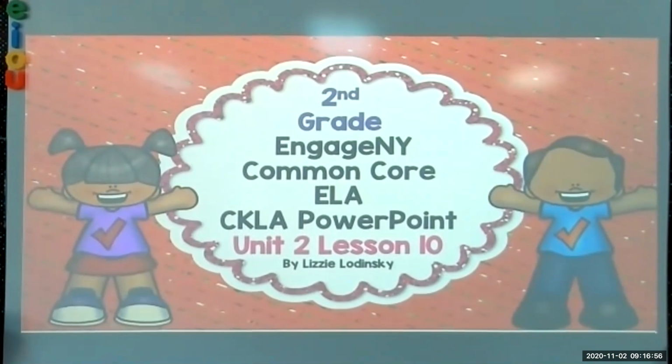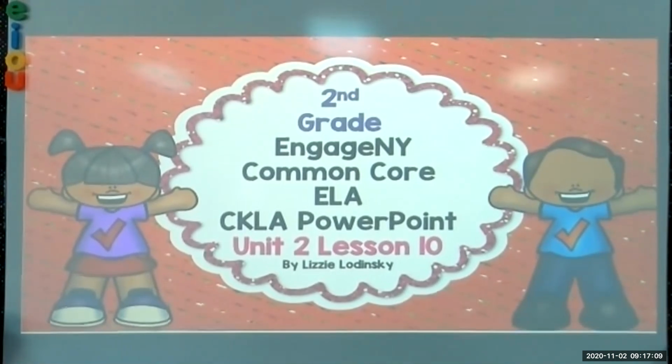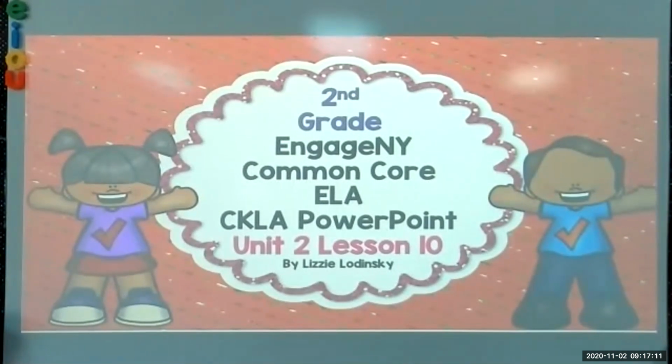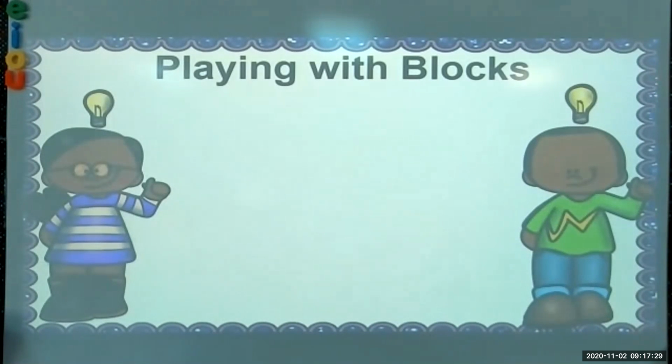Okay. So in your journal, you need to open up to page 34 today. We did chaining on page 33 last Friday. Today we're going to do page 34. Make sure you put today's date on the top, 11-2. Okay, and so we're going to work on something called playing box today. All right, so